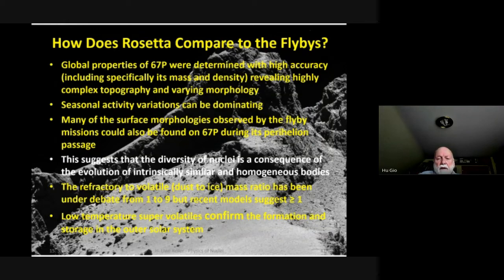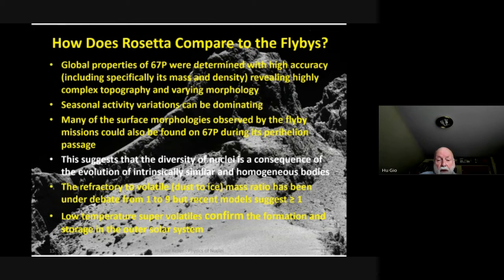The seasonal activity variations can be dominant. Many of the surface morphologies observed by the flyby missions, and as you saw, could also be found on 67P on different parts of the nucleus, so to speak. There are the smooth areas, there are the very rough areas, and so on. This suggests, to my mind, that the diversity of nuclei is a consequence of the evolution of intrinsically similar and